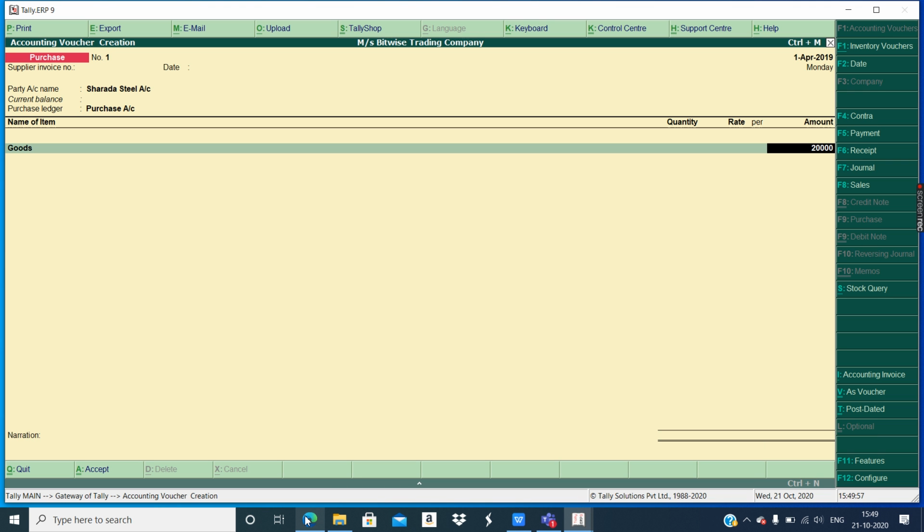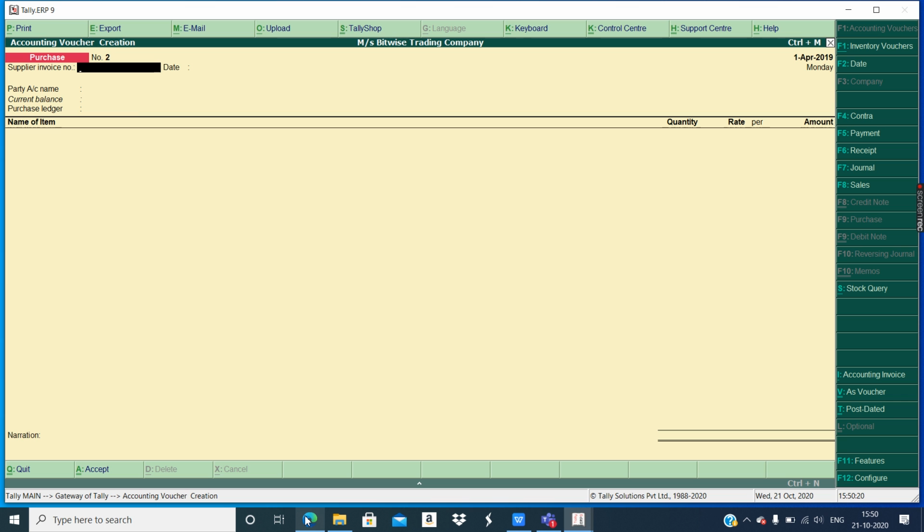Okay, and what item was sold by Sharda? Some goods were sold. Okay, if there is a mention of the goods, you can enter that particular goods name in the stock entry screen. Okay, stock creation screen. So we entered goods and entered the amount. Simple. Okay, now it's over. Control A. Done. Second entry also done.